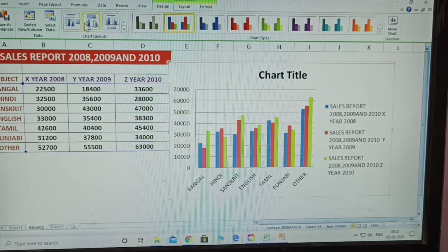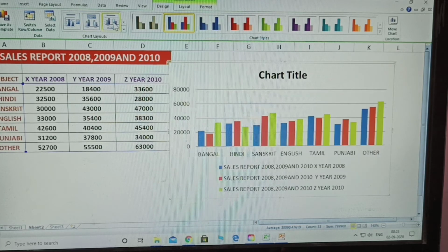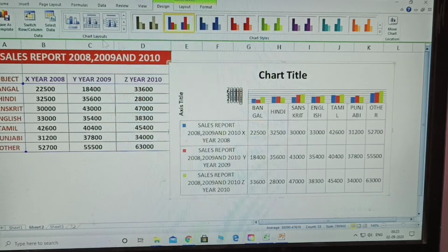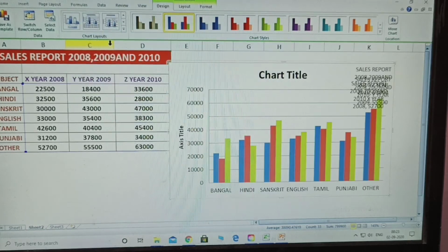Here it is modified. Only the chart title is displayed when you select the first one. You display the chart title and year wise, and then how to improve on that. The second one is selected. The third one is selected, which only displays the subject wise and sales reports. And the next one, this one, shows the sales report only, axes are not displayed. Only the data is displayed.